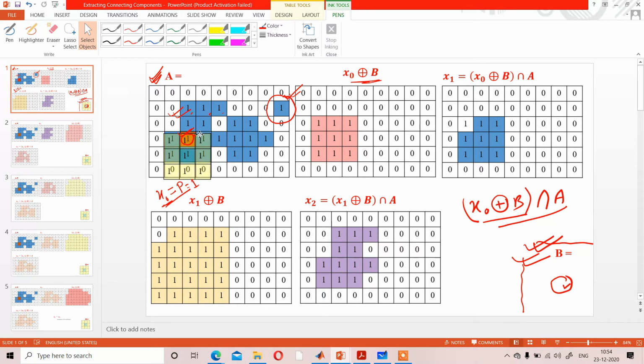That portion means, if you check it, all the boundary portion, 8 connectivity boundary portion, will give you the dilated result. I am not showing you the dilation again. Dilated result over x0, that is over that point, will give you that. So that will be your dilated result, x0 dilation b. And after that, if that dilated result is getting intersected with the original image A, you can check the common point.